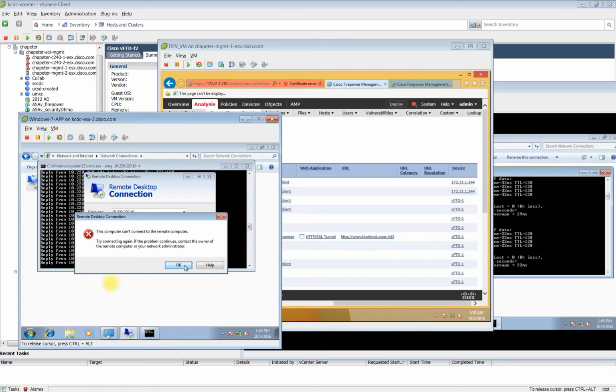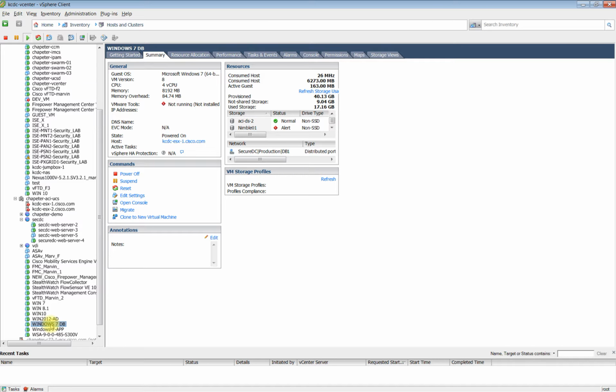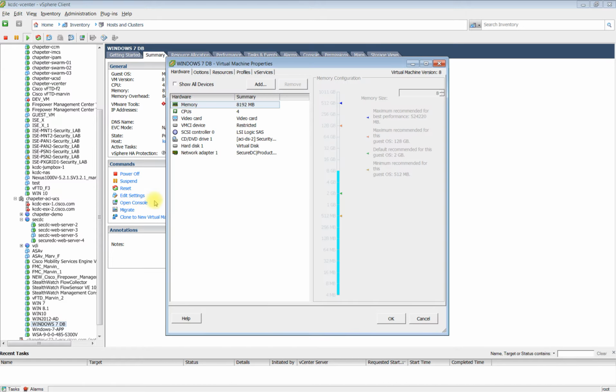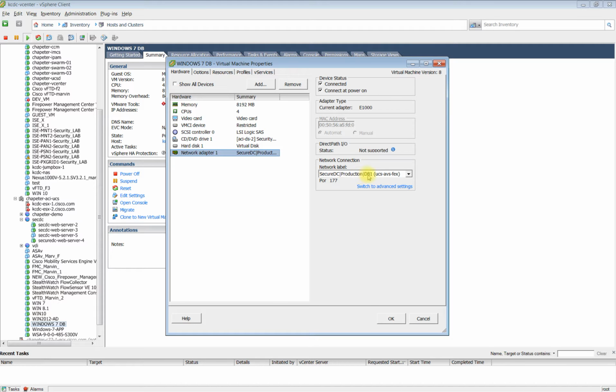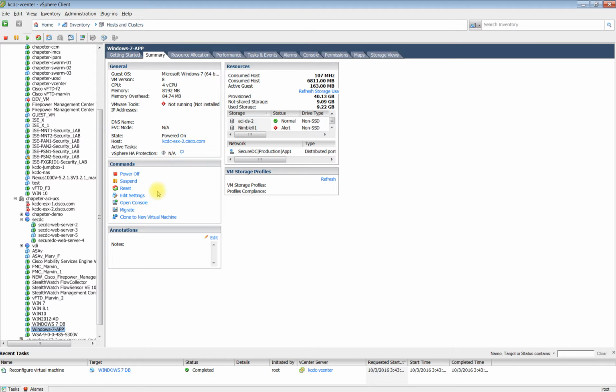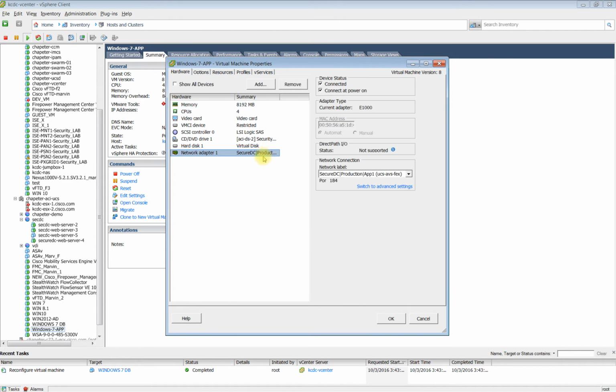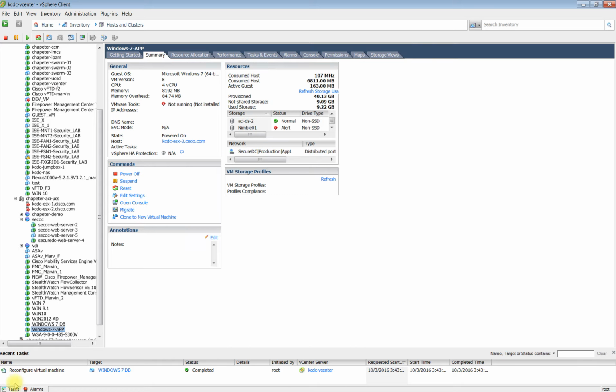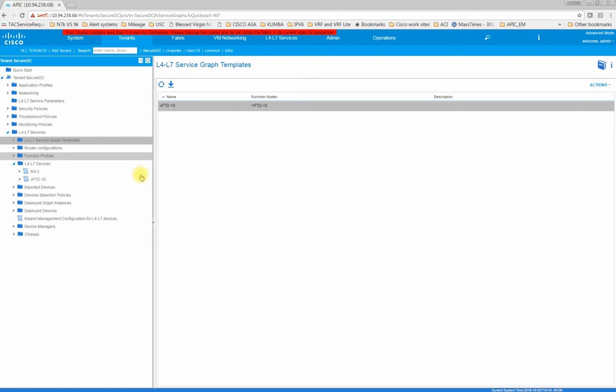One thing that I did not cover was the configuration of my actual devices. So if I go to the Windows 7 DB and Windows 7 APP were the two endpoints I was using in this lab, in this example. So click on endpoint edit settings here. This one was in the EPG DB1, and app was in EPG app 1. And if I scroll back to, let me pull my APIC controller back here. And if I go to those EPGs here,